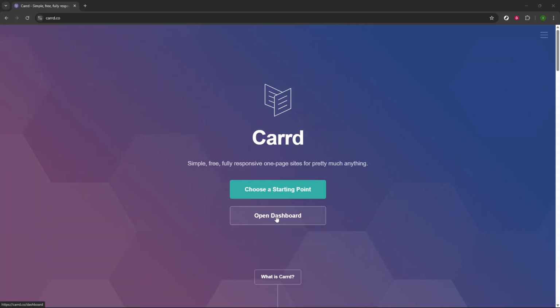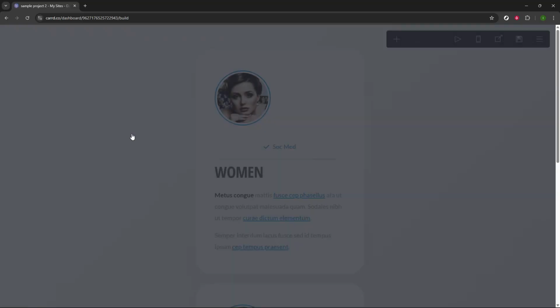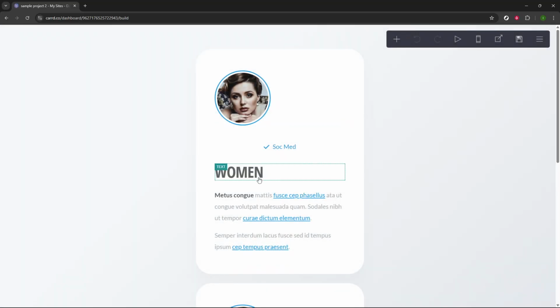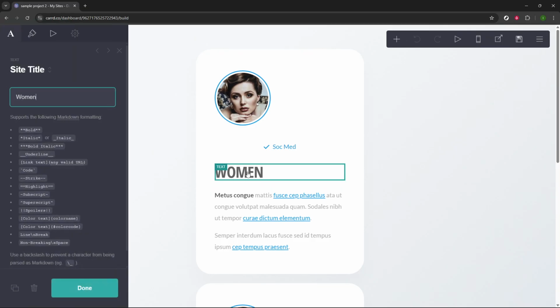Start by heading to the Card website and opening your dashboard. From there, select the project you want to edit so it opens in the Card Builder. Once you're in the editor, click directly on the specific text block you want to change. You'll know it's selected when you see the element's bounding box and the settings panel for that block on the side. This is important because we want to make a change at the element level, not to your site's global